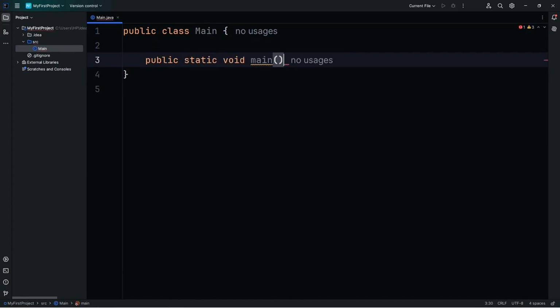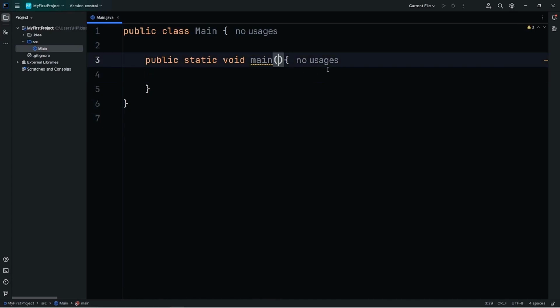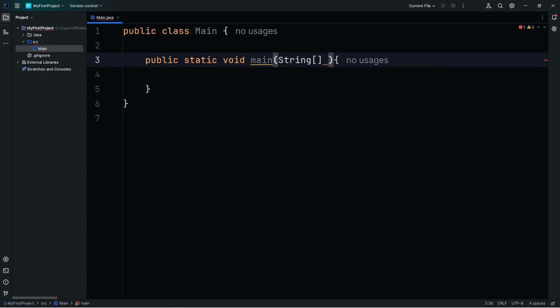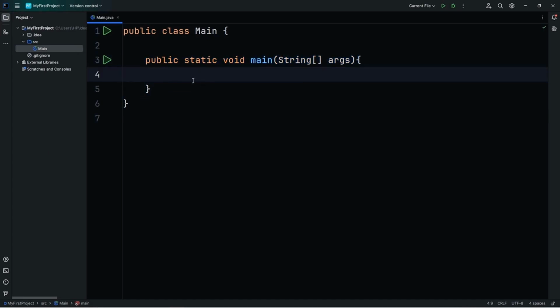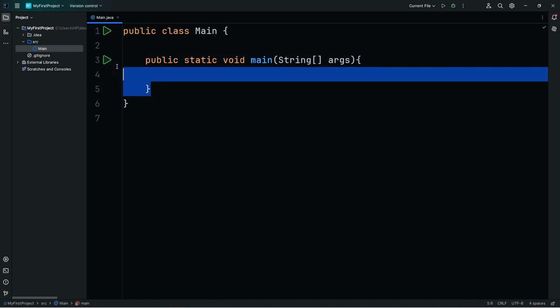Add a set of parentheses, then a set of curly braces. Within the set of parentheses, you're going to type the following: String, straight brackets, args, like you're a pirate. You need this method in order for your program to run. Over the course of this series, we'll learn what each of these keywords means. But as a beginner, think of it as a magic spell that you have to say in order to get